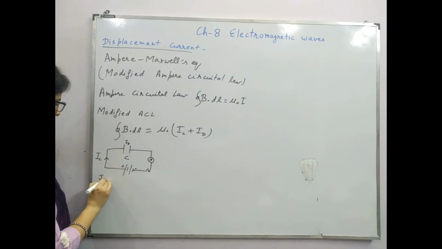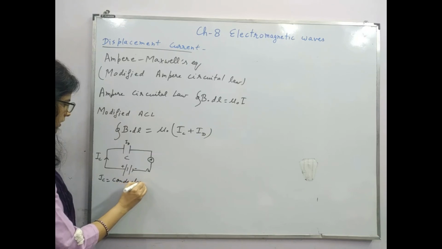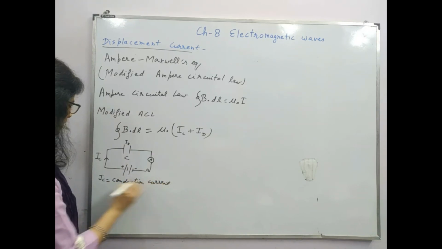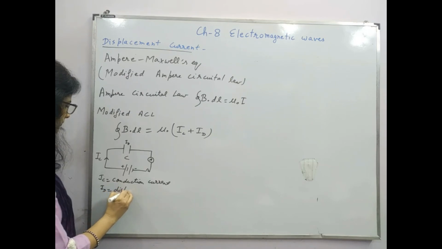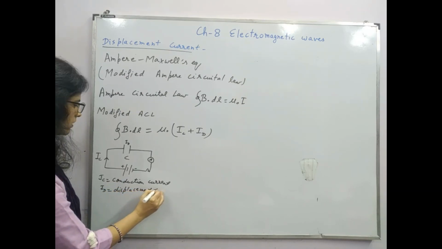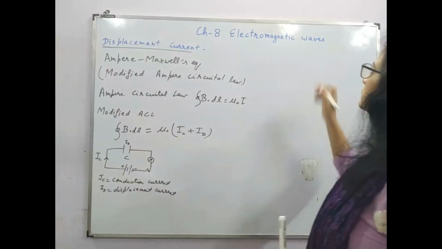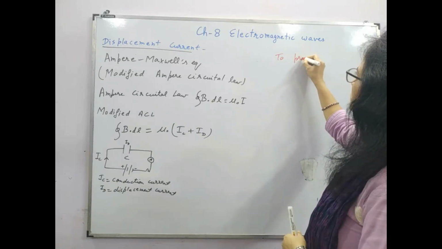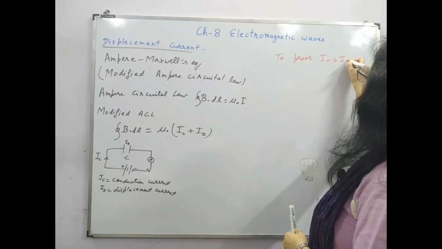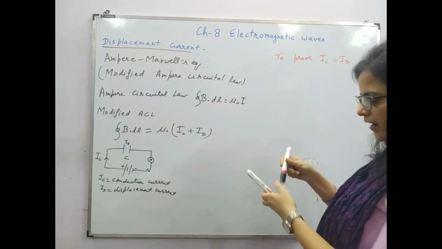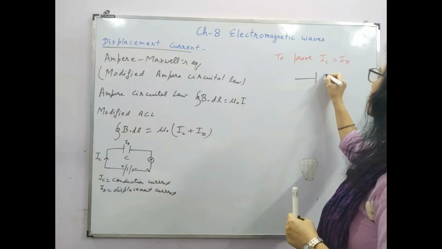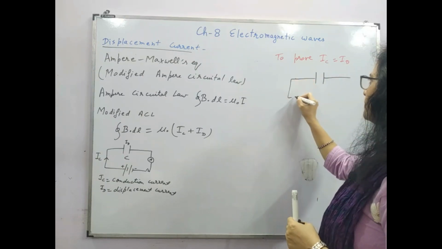So where IC is conduction current and ID is displacement current. Now we'll prove that the conduction current is equal to displacement current. To prove IC is equal to ID, we need to draw a diagram and imagine a tiffin shaped Gaussian surface